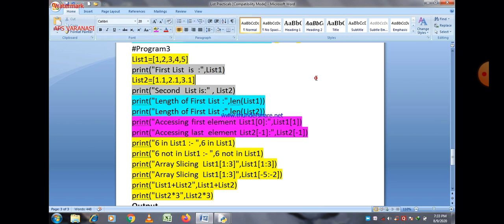And then accessing different data items of a list. If you want to access a data item of a list, then give the position within the square brackets, just like that. List 1 [0], so 0 is the first element. All counting always starts from 0 here, always remember that.